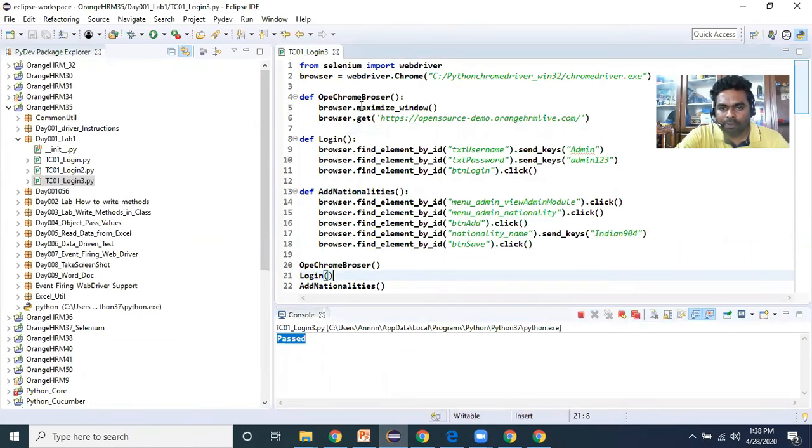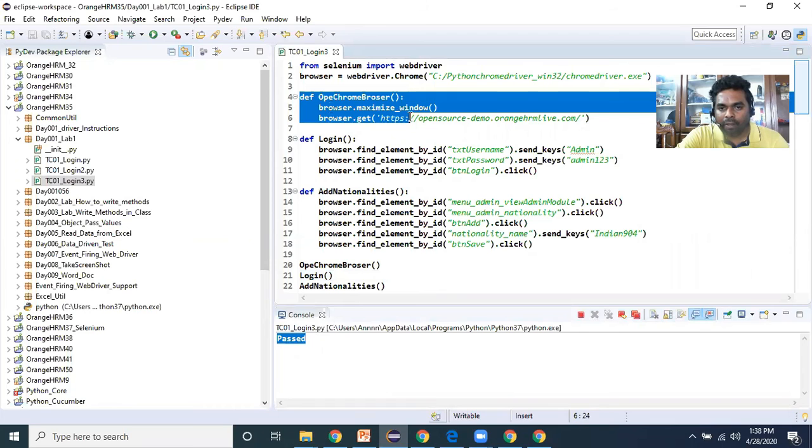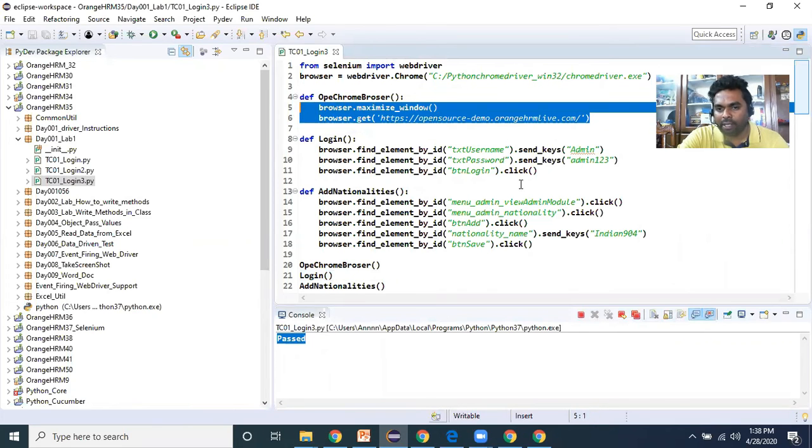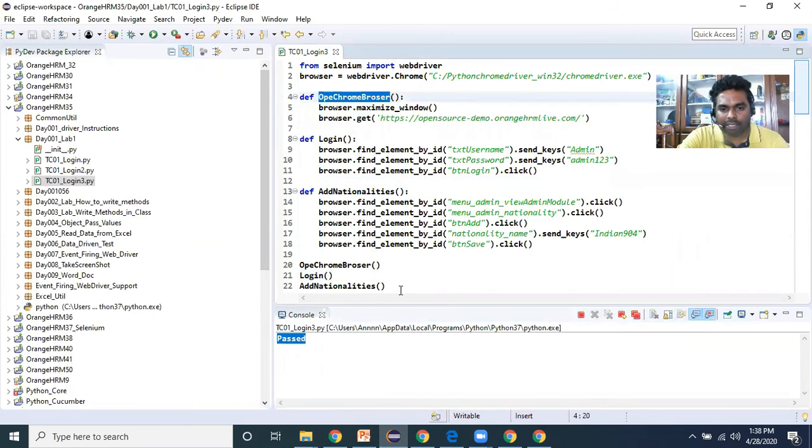Okay. So in this program, we have written the set of lines of code into appropriate methods, and I'm calling these methods at the bottom here. Whenever these calls are executed, the corresponding lines of code are executed from that method. Okay, that's it guys, we'll catch you in the next video.